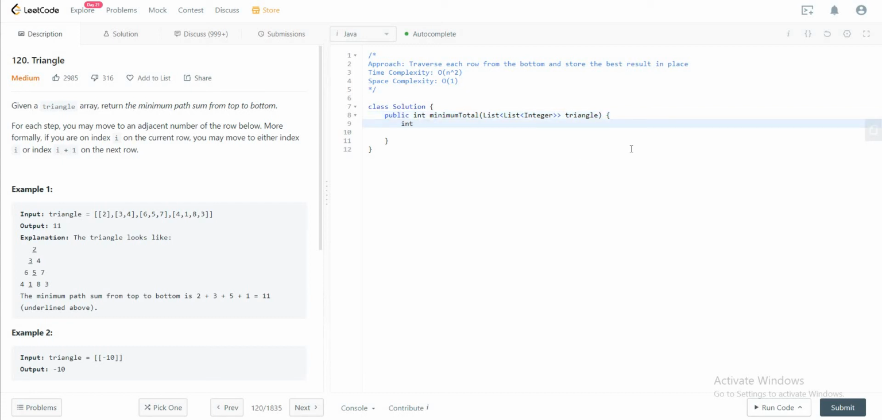The first thing you need to do is understand how many rows we have. So let's do that. Triangle dot size, right, and then we'll have two for loops. One of them would be starting with r minus 2. The reason why we are starting from r minus 2 is because you want to start from the second to last row. I is greater than or equal to 0, decrement I, and then you want to have one for columns as well. So int j equals 0, j is less than or equal to I, increment j, and then you would want to